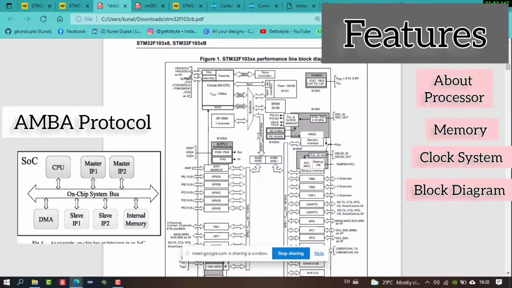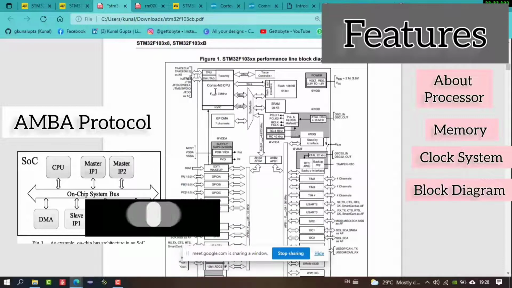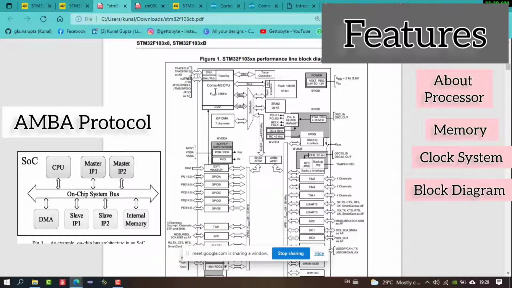So to make you understand this: we all know that all the instructions given to all the peripherals come from the processor. This is the brain. Now how are these instructions being provided? They are provided by a set of bus communications. Just as we have communication protocols for communicating with the outside world, UART, I2C, SPI, in the same way we have communication protocols for communicating inside the microcontroller, so that various subsystems of a microcontroller can communicate with each other, and that protocol is the AMBA bus protocol.